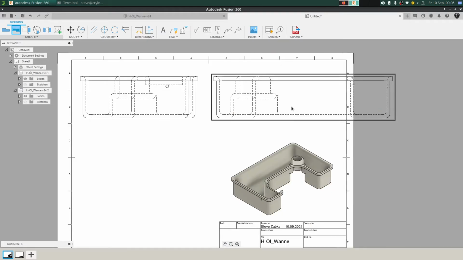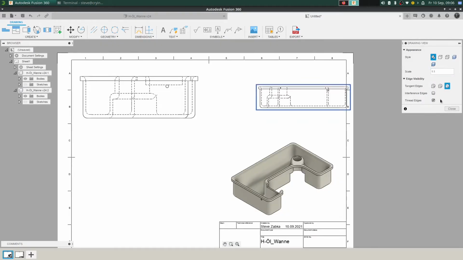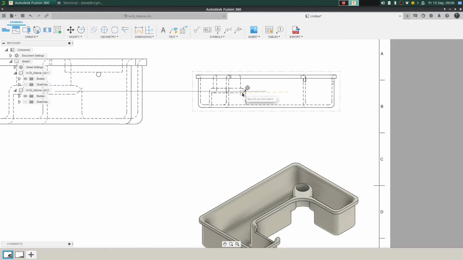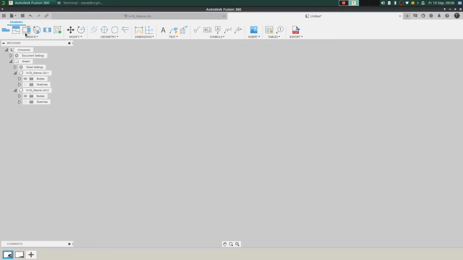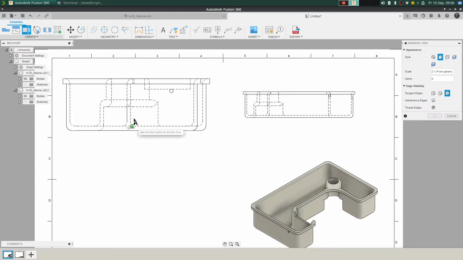Create and continue, then I change the scale of it, close, and I change the place of it. And the next one is I can create here a section view, maybe of this parent view here, and